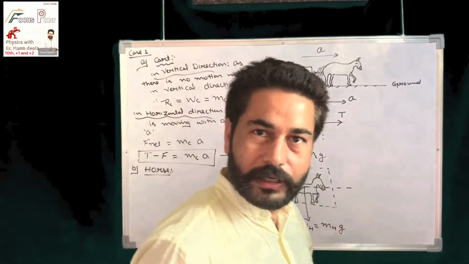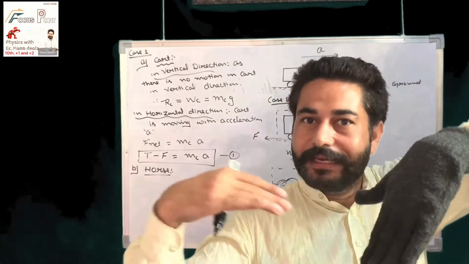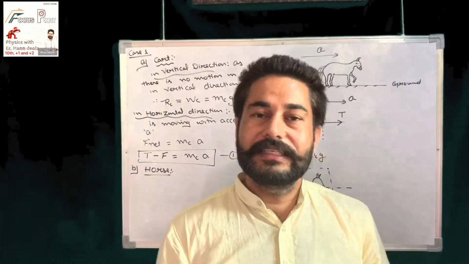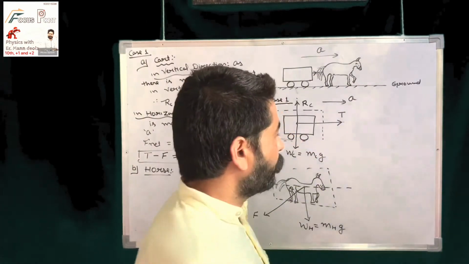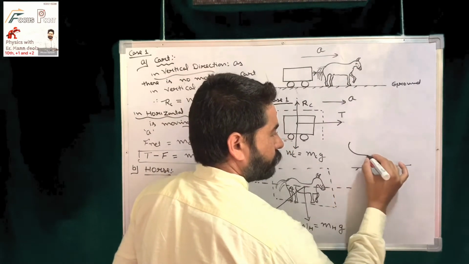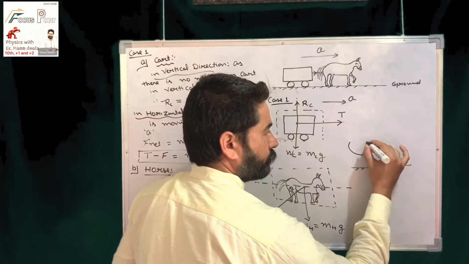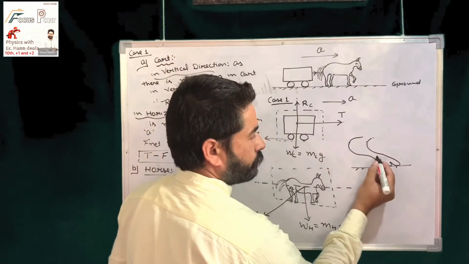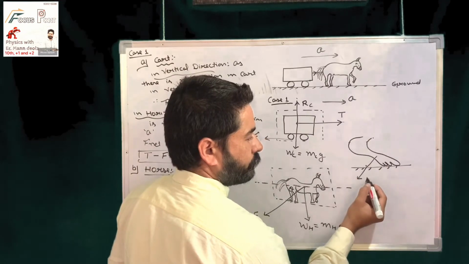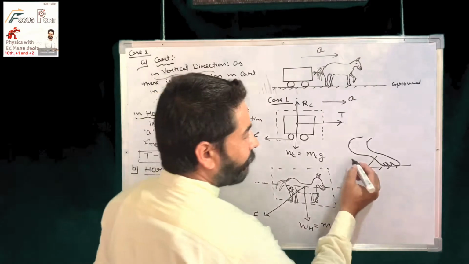If you walk on the ground, you can check that your foot is at some angle to the ground. Why do we keep our feet at some angle? Because with your foot you apply the force at some angle with the ground,